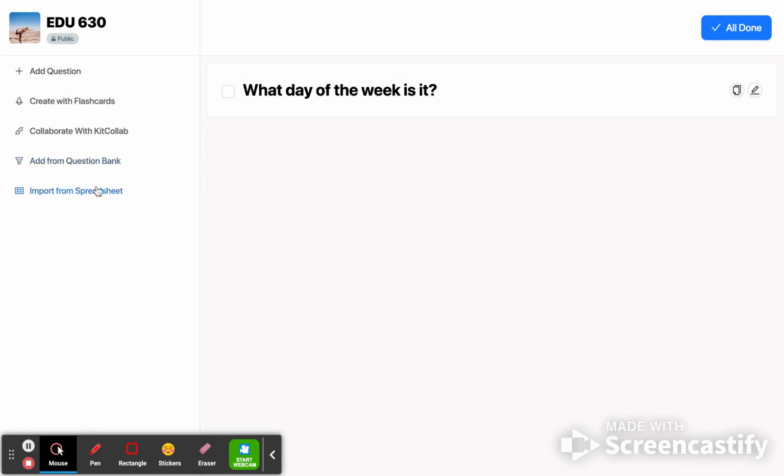There are many different ways you can import from a spreadsheet or create flashcards. It's totally easy to use, very user-friendly, very simple. Some of the games I've realized can get a little tricky, and there's a bit of a learning curve. But again, this is a great way to review with your class and be able to